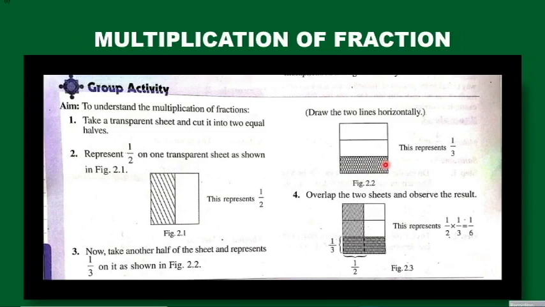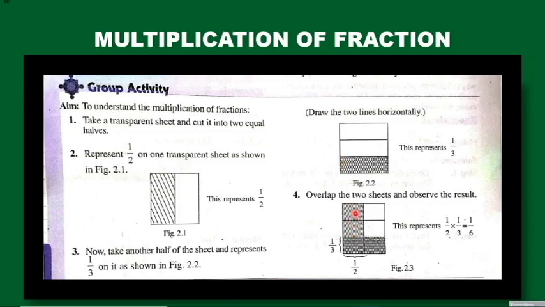Now you can use butter or any kind of oil. This makes your sheet transparent or translucent. If you have a transparent sheet, that is very good. But if you don't, you can do it like this. Then overlap the sheets on each other. Why are we overlapping them? Because these two sheets are of the same length. Yes or no? These two halves we have taken from the same sheet, so they can be easily overlapped.